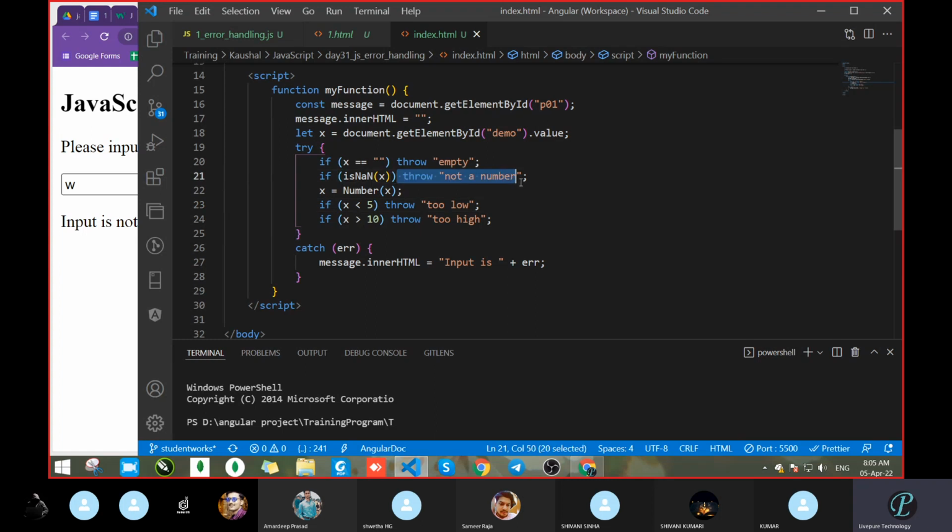So whenever there is a requirement to show a custom message, you can define it this way. Got it? After throw, whatever you have given is your custom message, and this goes and sits together, because with the help of the error variable, we are catching all the throw messages. Whatever throw is there, it is going to sit inside this one. That message will come and sit together, and after that it displays that message. Let's see.